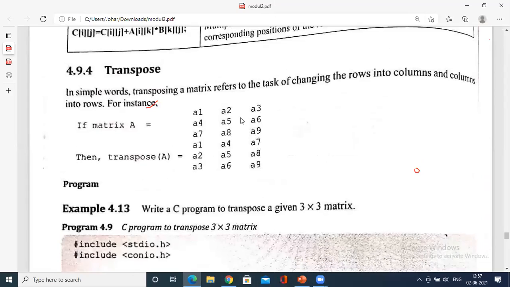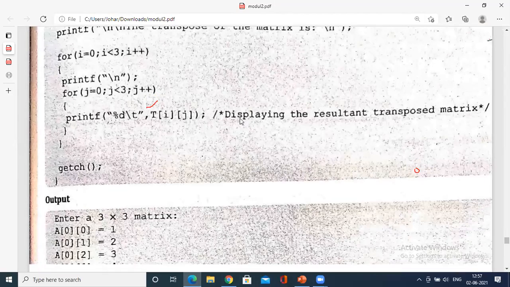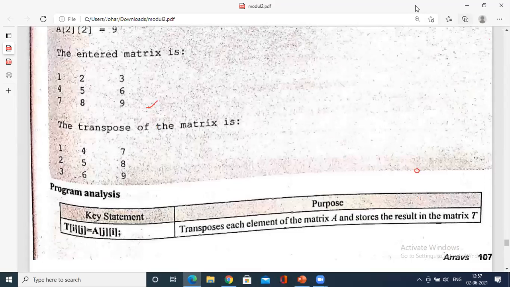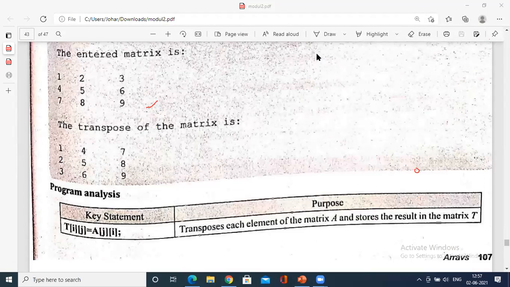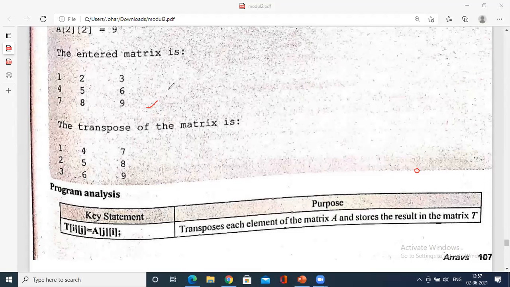What is a transpose matrix? Transpose is converting the rows into columns and the columns into rows. Those who have not understood the matrix multiplication can communicate. I can give you the correct tracing of it, because I am finding it difficult to show you the tracing here. The tracing is quite interesting, right?